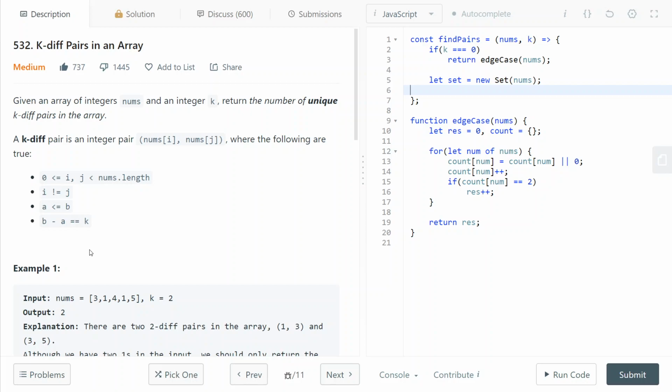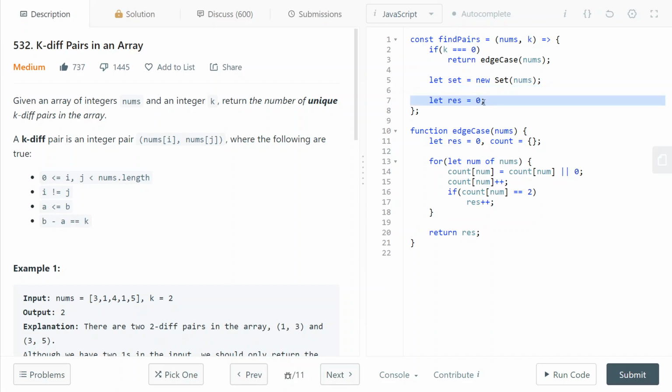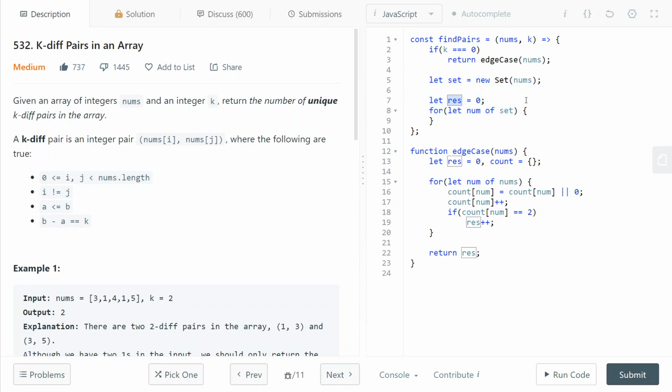And so what we can now do is loop through all of the numbers in our set and check if their paired number is in the set. If it is in the set, then it means that we can find a pair that has a difference k, and so we can increment our result. So we're going to have another result variable here, and we're going to return this result later on. Now we can loop through all of the numbers in our set and say, okay, what would be